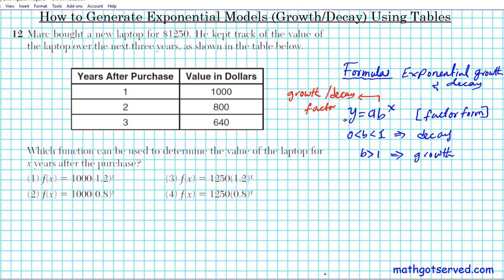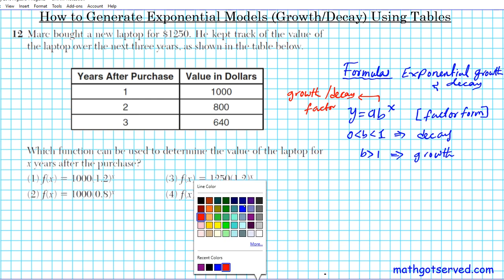This is the form we're going to be using for this problem. If you look at all the format of the alternatives that we have, they are all in the form f of x equals some constant times the base raised to the x power. Alright, the other one is known as the